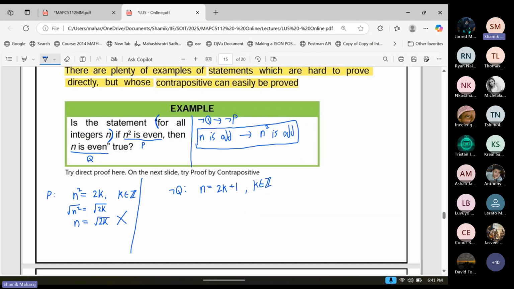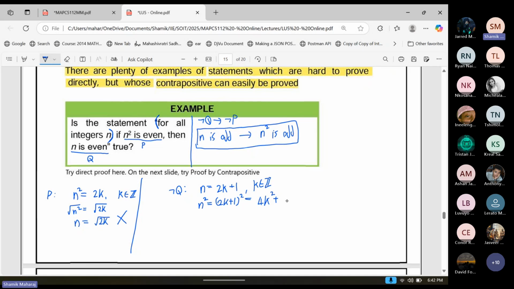Okay, how do we now get to the next part? Well, I guess we have to square both sides of the equation to get to n squared. So here we get n squared. On this side, we'll get (2k plus 1) squared. I'm not sure I can see how this is going to work, but let's try it and see what happens. So here I can write this as 4k squared plus, I'll do this in one go. First 4k squared, then 2k plus 2k gives me 4k